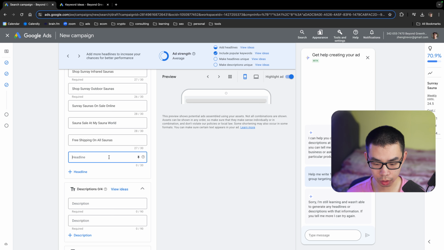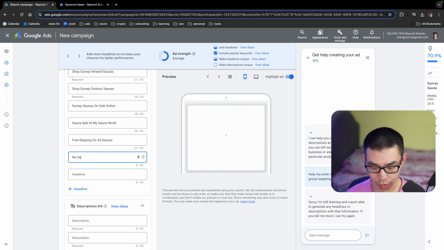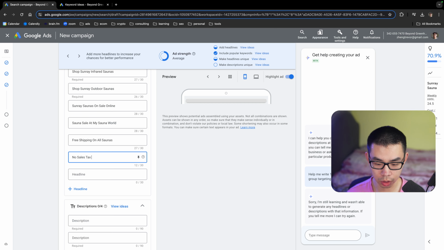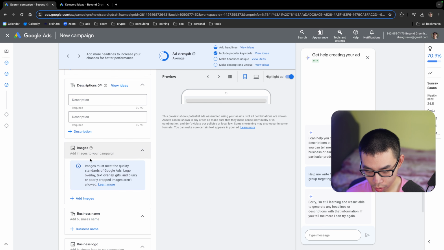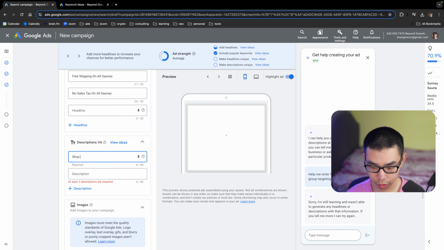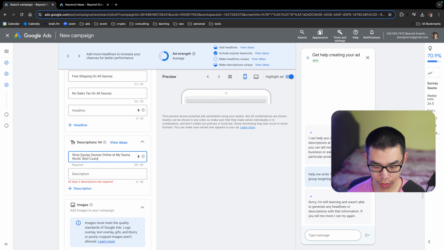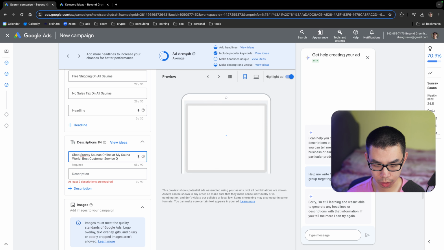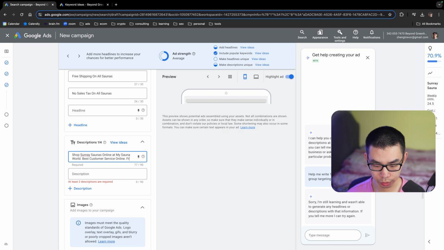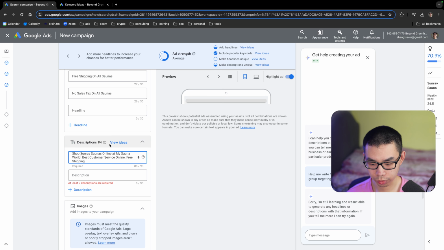Free shipping on all saunas. Just list out your USPs, which are your unique selling points on your store. No sales tax on all saunas. And then for description, you can do like, shop Sunray saunas online at my sauna world. Best customer service online, free shipping, and then you can do